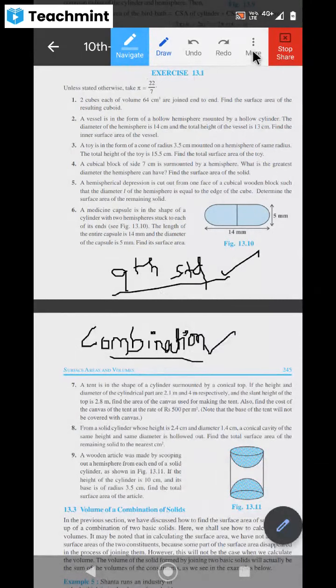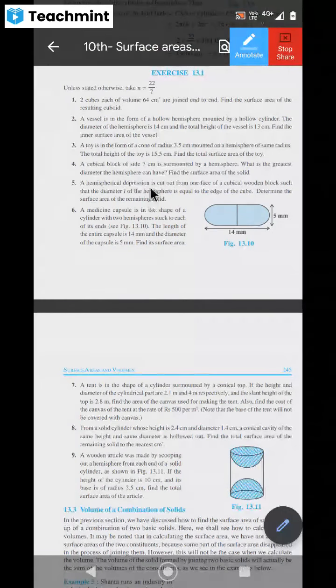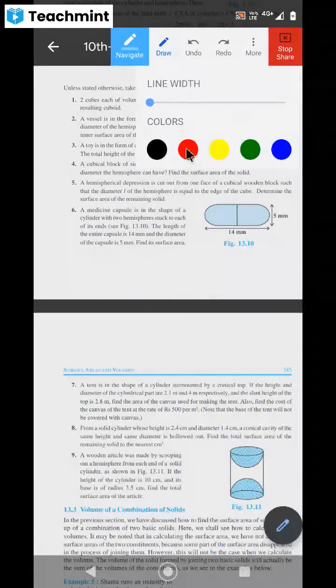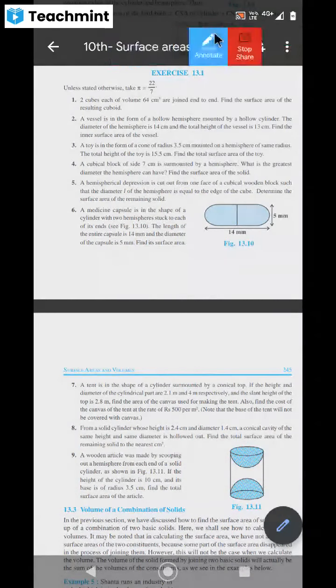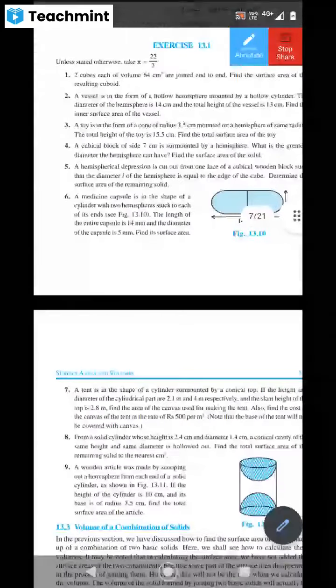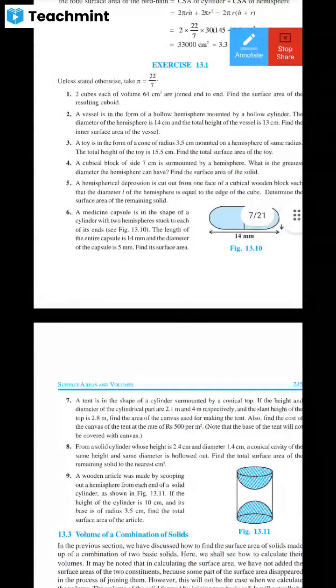Now, as I have told you, it's time to go through this first exercise and whatever doubts you have. I think you must already be solving all these questions from this exercise. If you have any doubts, tell me the question number so that I can solve your doubt. Question number? Question 3, sir. Okay, let's get on to question number 3.